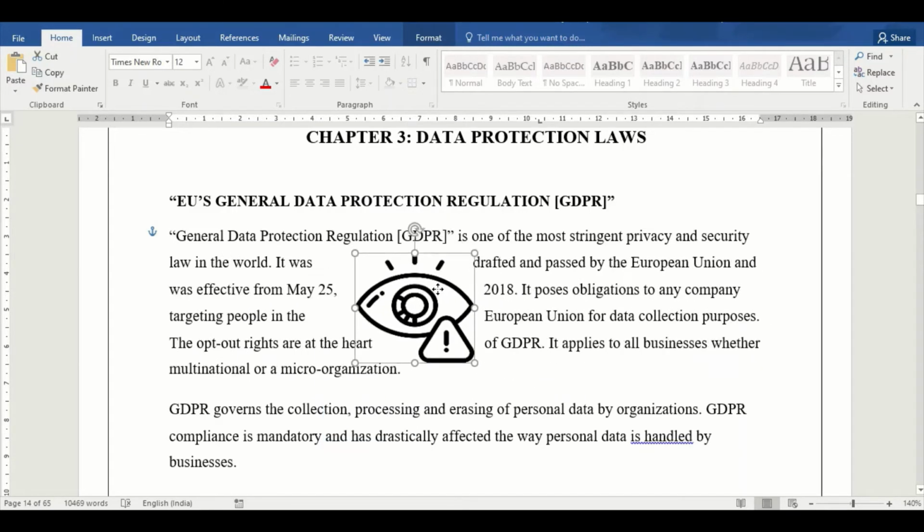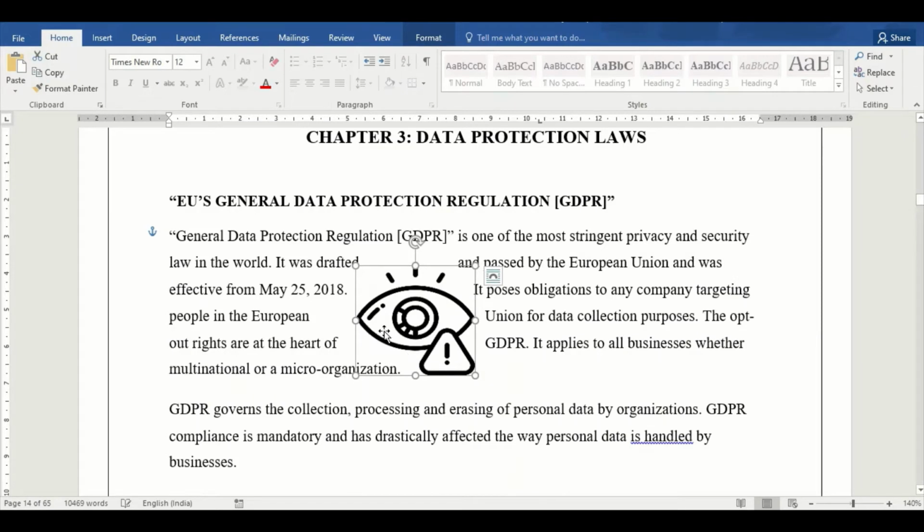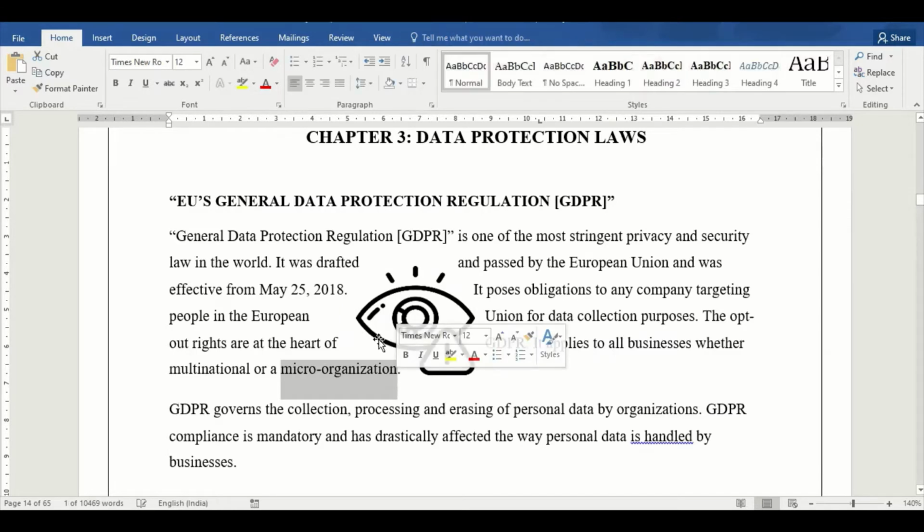But if I move it somewhere, maybe in between the paragraph, you can see that the text actually goes through the image, like this part where my micro organization is written. This part is actually a part of the image, but this organization, the last part of the word, intrudes the image area. But since I have chosen the through layout option, it can appear over here because it's not interrupting the main image. Same with the word and over here, you can see that it is again in the image area, but it's not covering the image or overlapping with it. So it just helps you to get the text through wherever space is available.